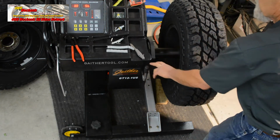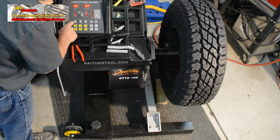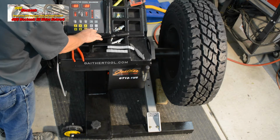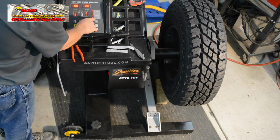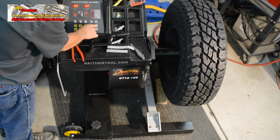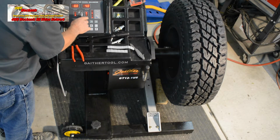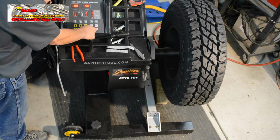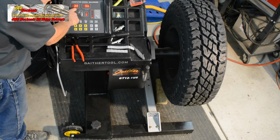Okay, now this time we're calling for 3 ounces on the static weight mode, 0 inner and outer on a normal side-by-side or steel rim type weight, underside of an alloy wheel, in and out. If you can put the weights on the outside, it's calling for 2 on the outside. The mode that we're using for what we're calling a dynamic balance calls for 4 ounces at the outside. So again, we have a distinction here between static, which would be on the midline or center line, of 3 ounces on the midline,